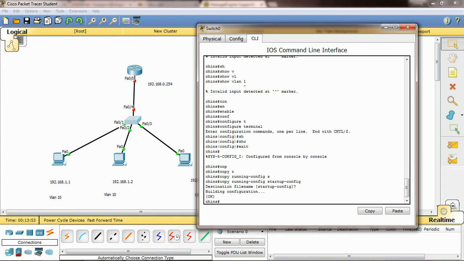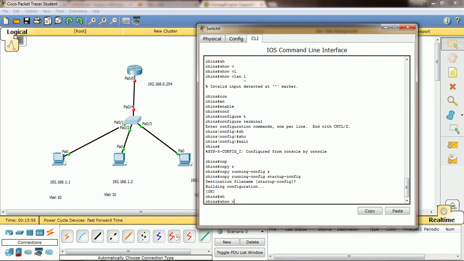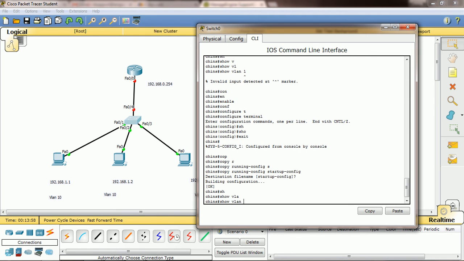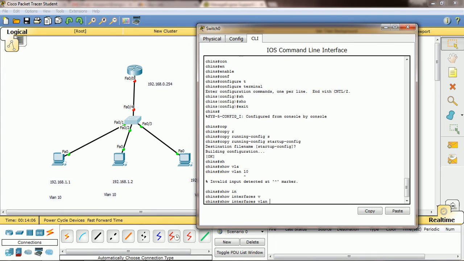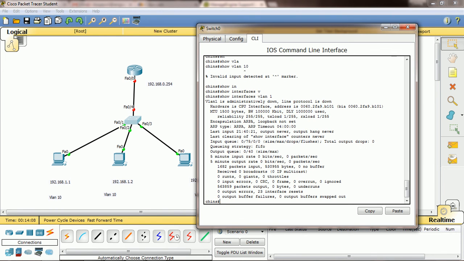Now type show VLAN 10, sorry, show interface VLAN 1. Yeah, sorry guys, you need to type show interface VLAN 1, right?